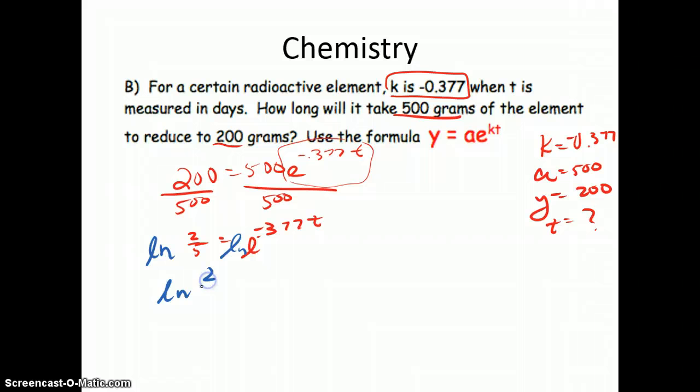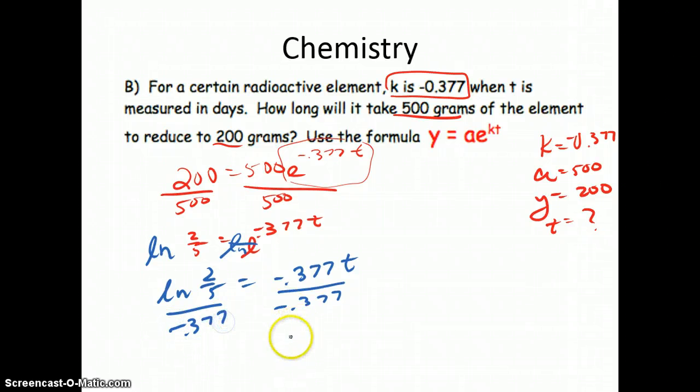So we have natural log of 2/5 equals negative 0.377 T, these two inverse operations. Now we divide by negative 0.377, and we get our T value to be approximately